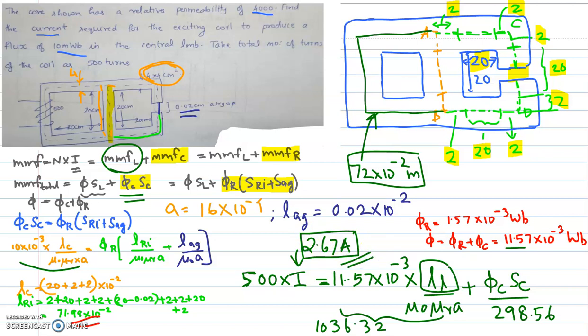First you understand the concept, how we have calculated it for the first path. How did we arrive at the length of the circuits? It is a mean length. If the length goes wrong, then the result will be wrong. So understand that concept, then try to solve it by yourself. If you are only looking at this and noting down the points, that will not help you. You have to follow these instructions step by step. Once that concept is taken to your mind, try to solve it by yourself and calculate the current. You will get the answer as 2.67 amperes. Thank you.